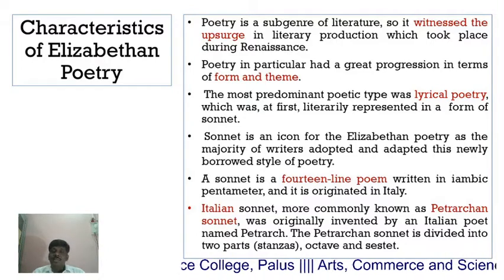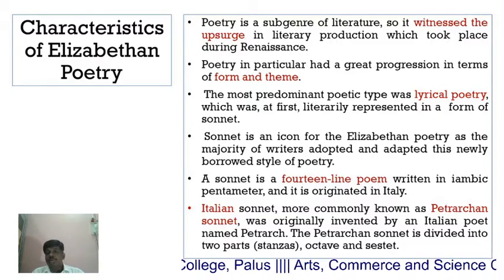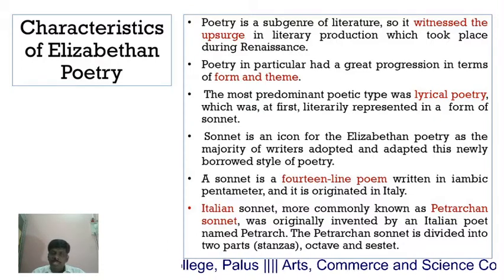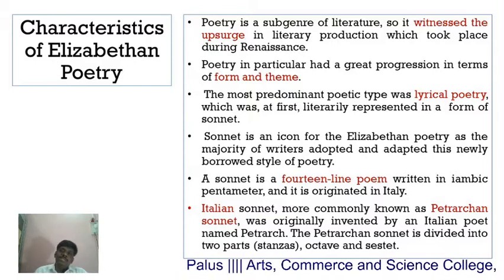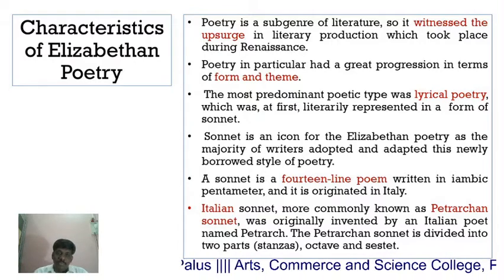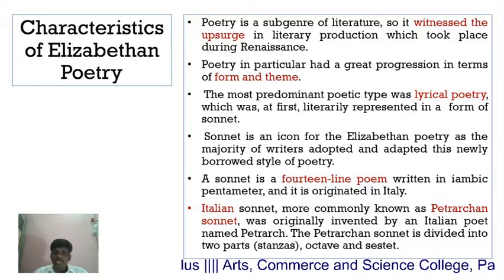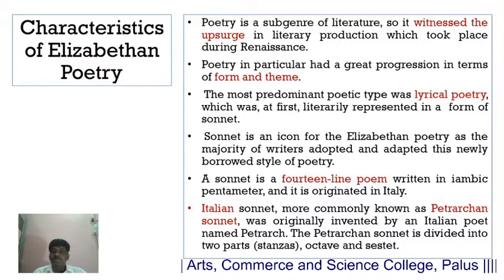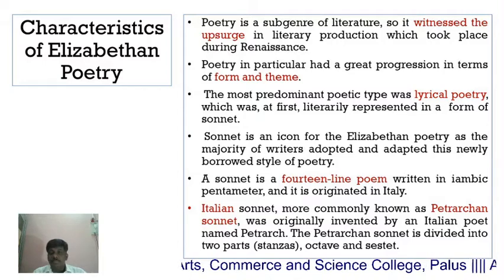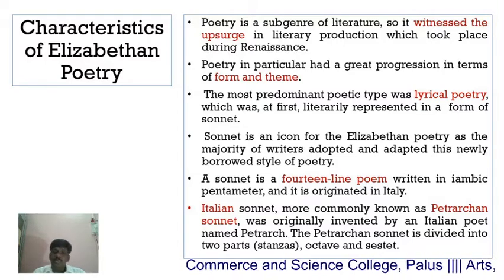As the shift of poetry moves from aristocratic society to the common public, it gets a wide range of themes, a wide range of thematic concerns. And as a result of that, there is a progression of form and theme. The new kind of themes also requires new experimentation in the form, and reciprocally they both developed in this particular period. Form and theme had a great progression in this period.